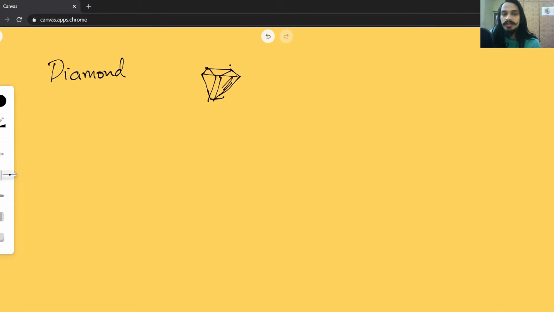Now what happens is the diamonds are cut in such a way that light can enter from so many different sides. Okay, and because of that, the critical angle for the material is also very low. Okay, critical angle is low. It means most of the light that goes inside the diamond is going to get internally reflected. So basically there is a lot of total internal reflection that happens.